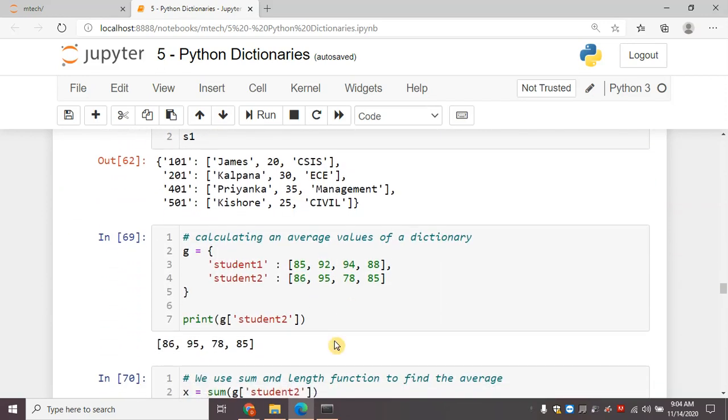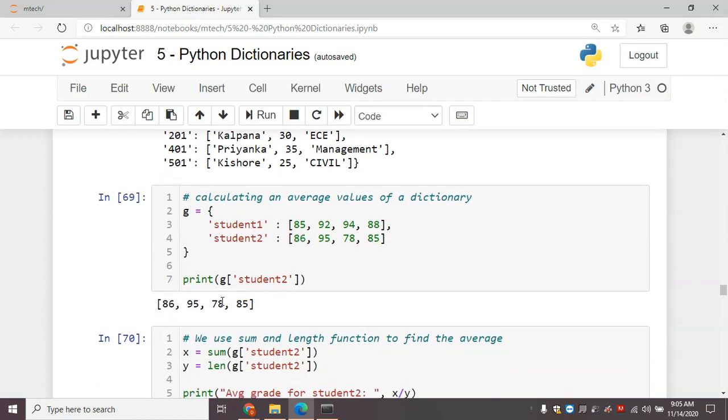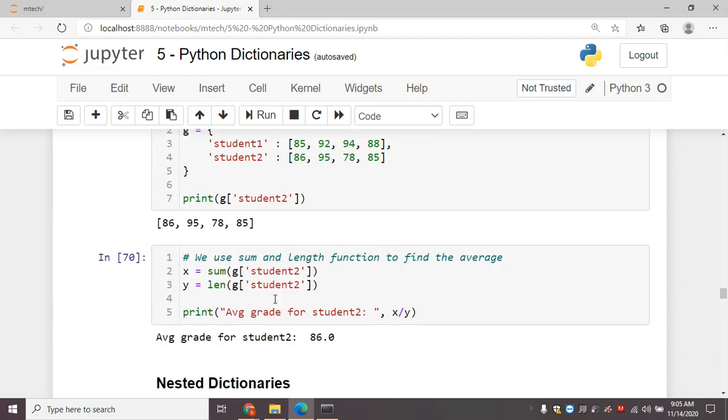And here I am calculating the average values of a dictionary. For that, I'm using the example of students and their marks. G is the dictionary where the list of marks is stored against the students. So this is the student 2 mark list. Now I wanted to check the average of these marks.